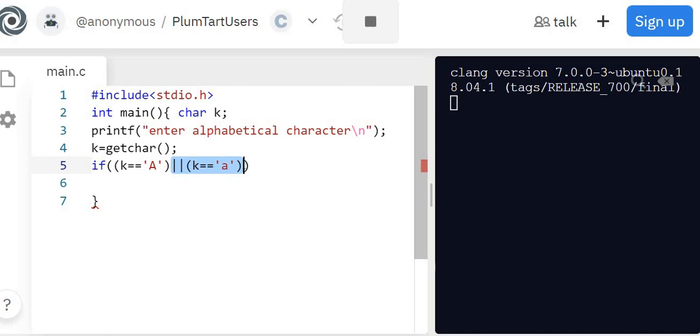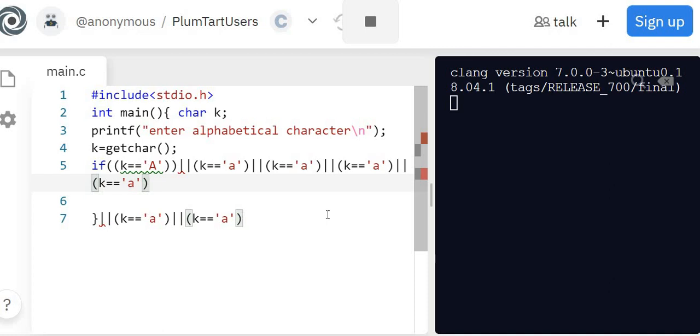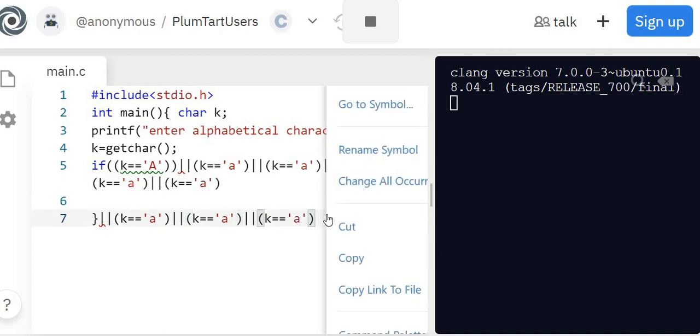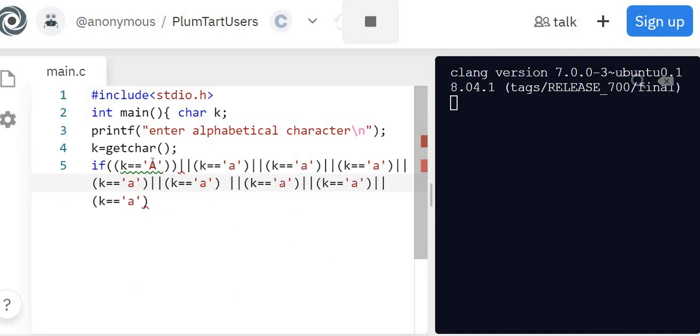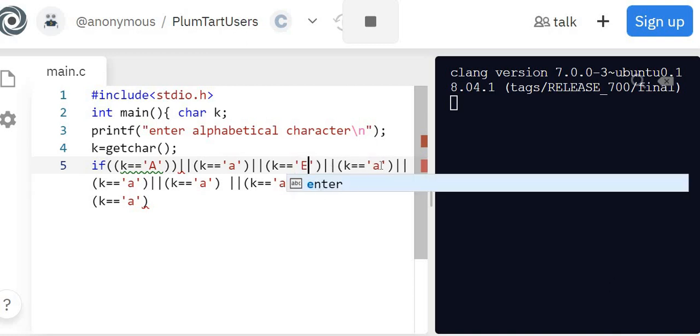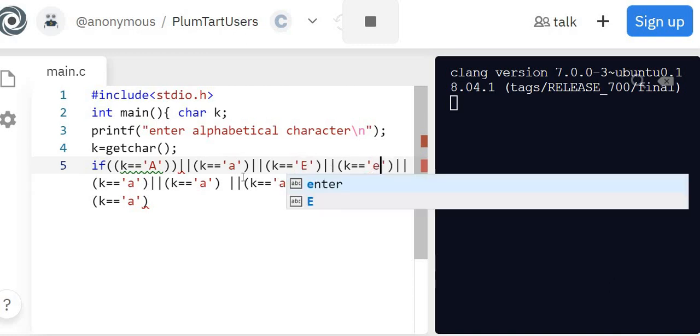So Control C, paste, so capital A, small a, then capital E, small e, then